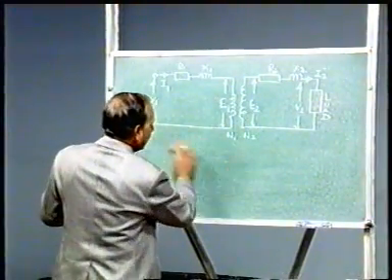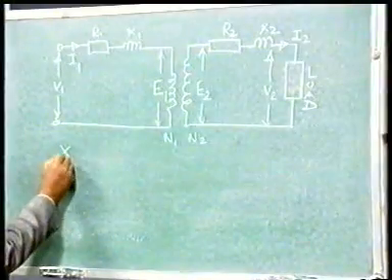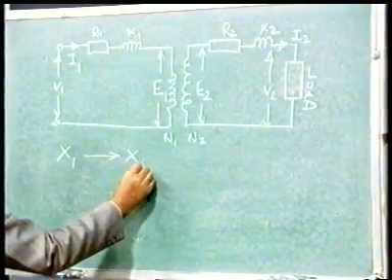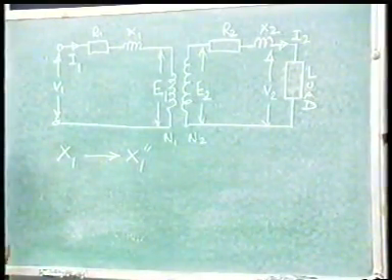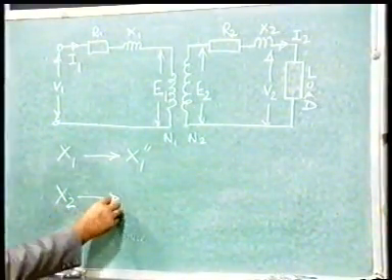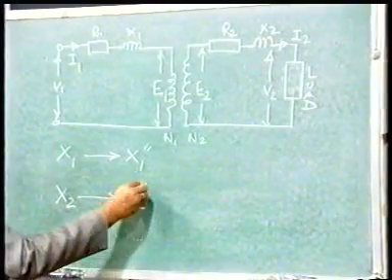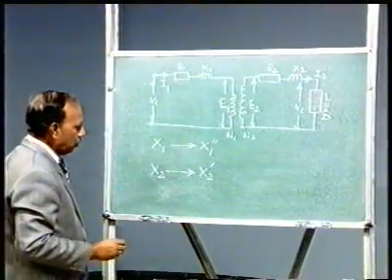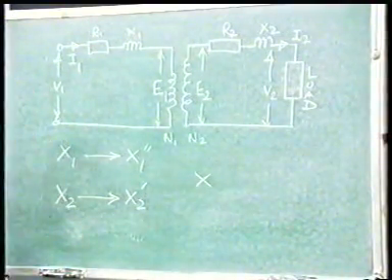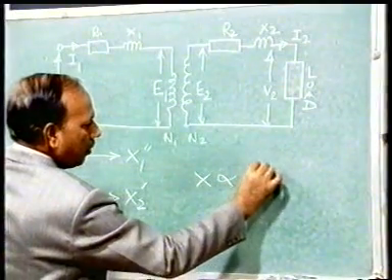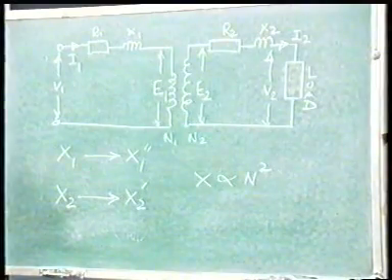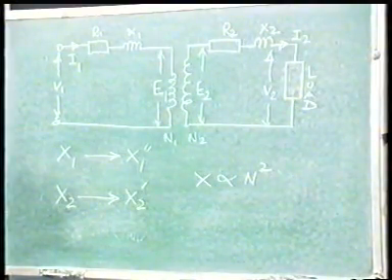Now similarly the reactance X1 from the primary side could be transferred to the secondary side, whose value will be X1 double dash, and X2 from the secondary side could be transferred to the primary side, where it will be X2 single dash, and their values will also accordingly change because reactance is proportional to the number of turns square. Reactance is proportional to the number of turns square, turns being the number of turns of the winding. So